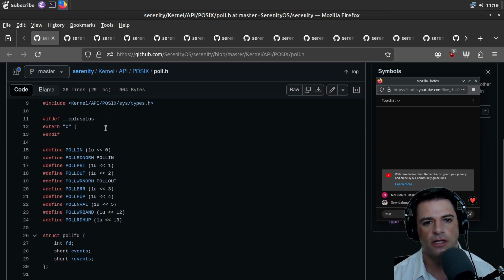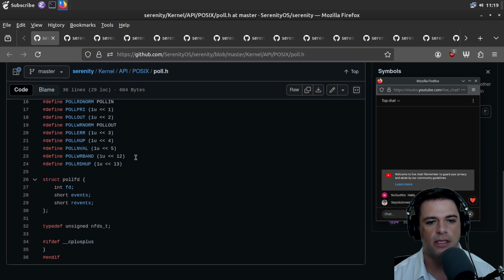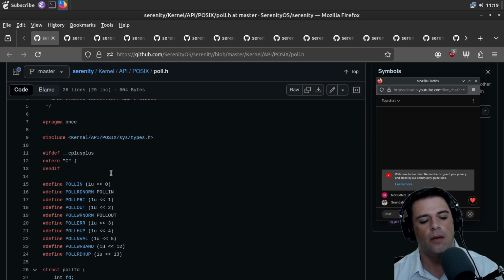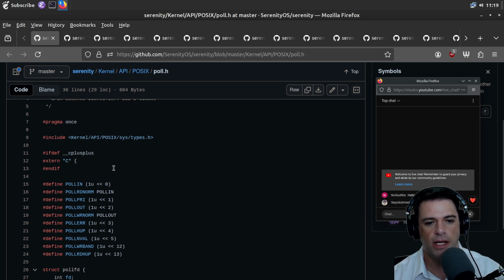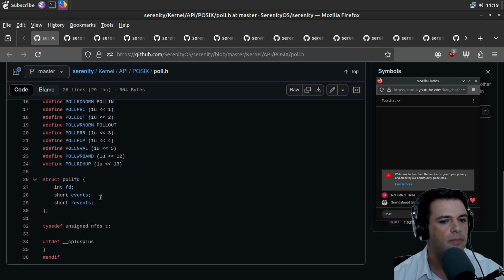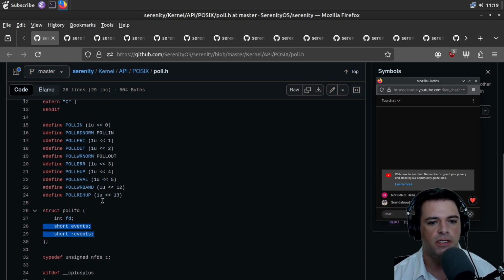And here's some polling stuff. This is just API POSIX. I'm assuming API/POSIX is mostly relatively lightweight, and not where the real implementation is done. But for pollfd, you give it some file descriptor, and it has a short for events and revents. I don't know if it's counting the events or. And what is a revent? I don't know what a revent is, but it's something.